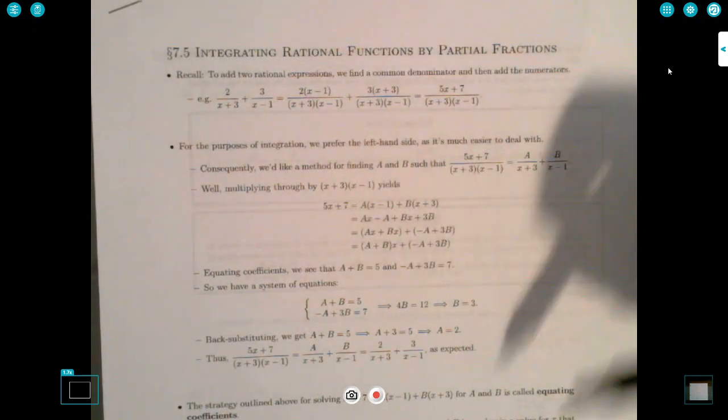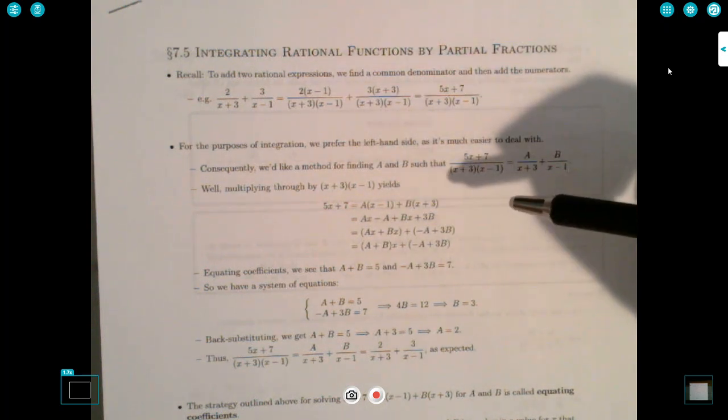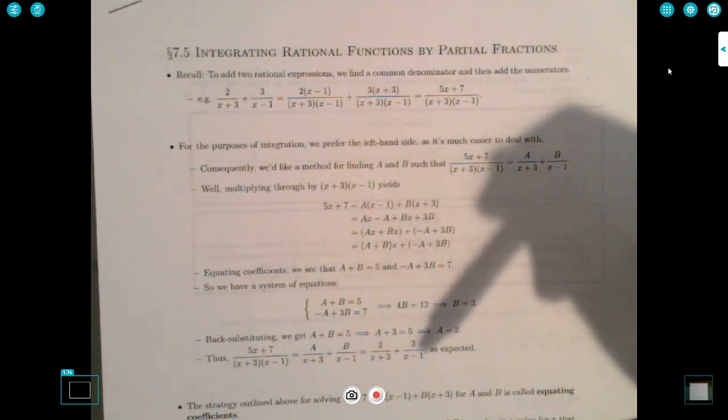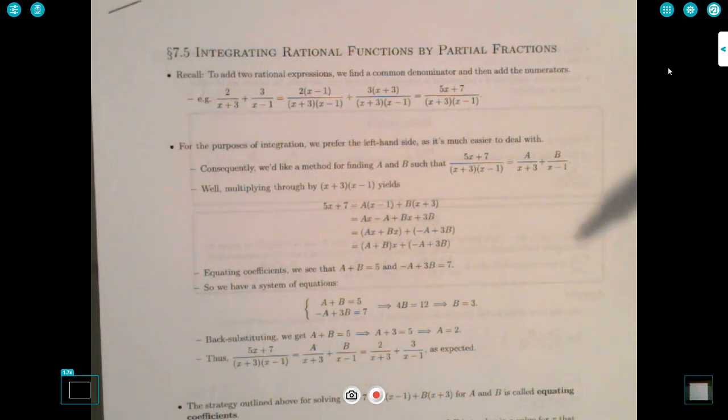So by the way, I'll post these notes so you can print them off. I'll post these with the lecture so you can print them off and kind of follow along. But I modified these from a pre-calculus